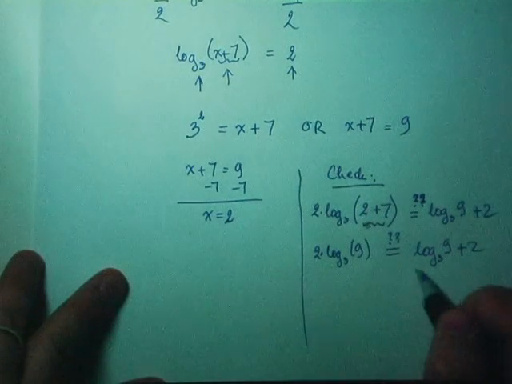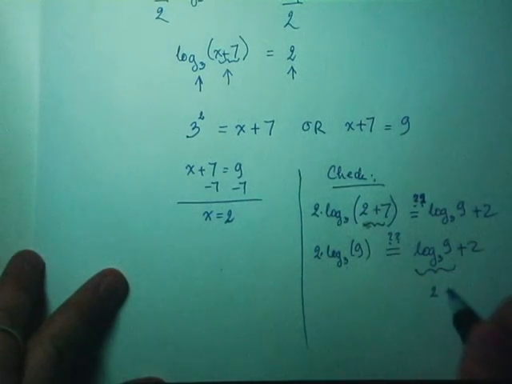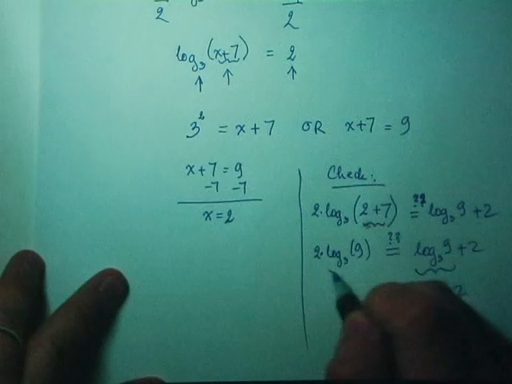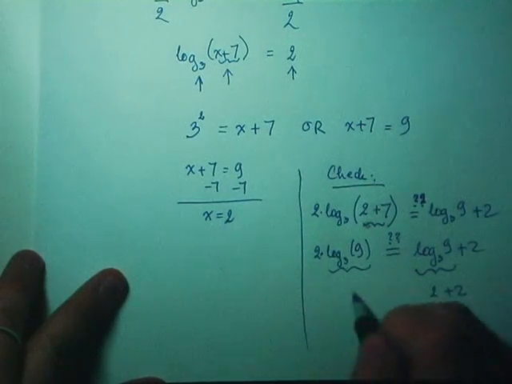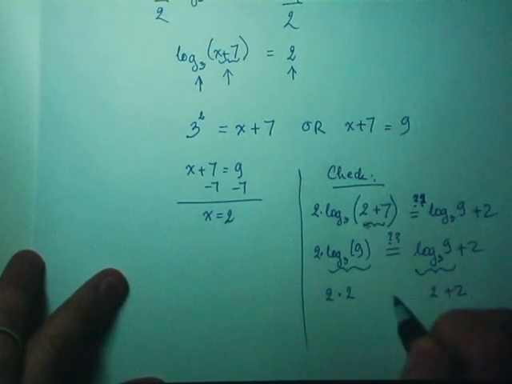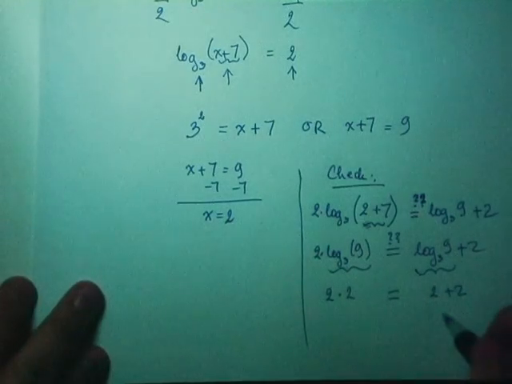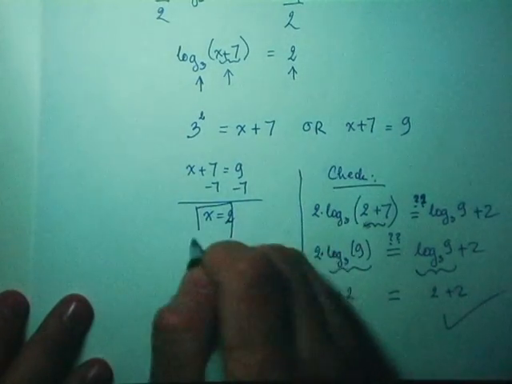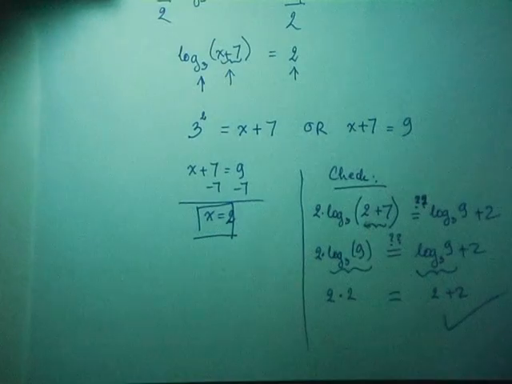Now log base 3 of 9 is 2, plus 2 on the right-hand side. On the left-hand side we have log base 3 of 9 equals 2, times 2. So these two sides are actually equal. So x equals 2 would be my real answer to problem number 16. Moving over to number 17